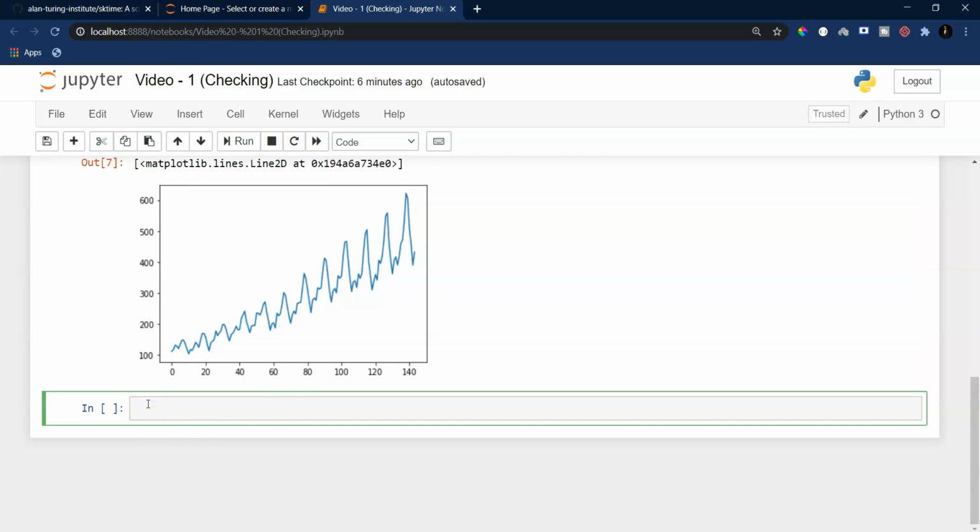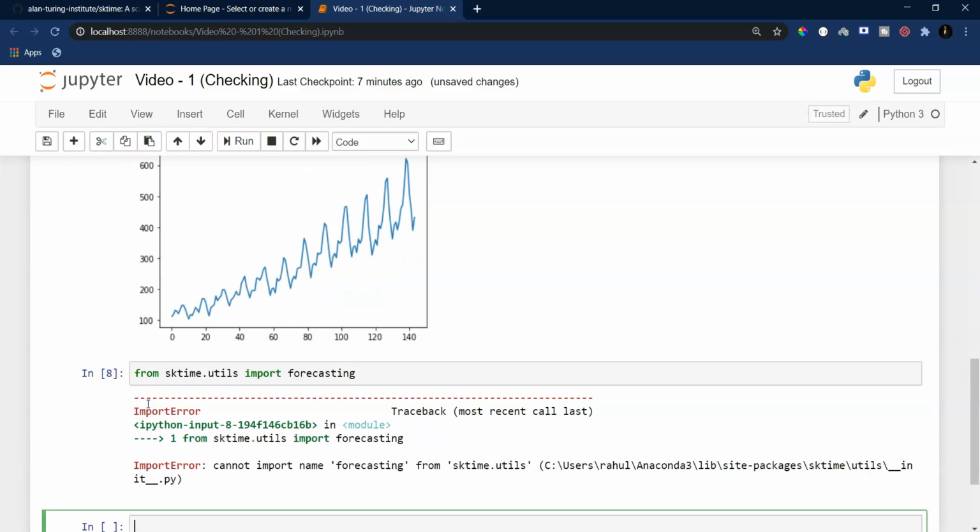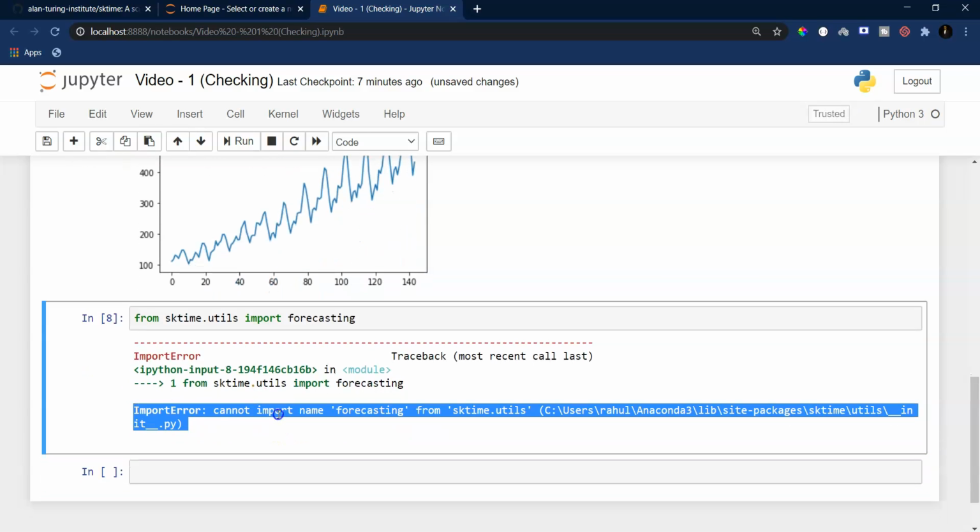Let me quickly import that function first. So I'll say from sktime dot utils dot forecasting... I think I'm making some mistake.